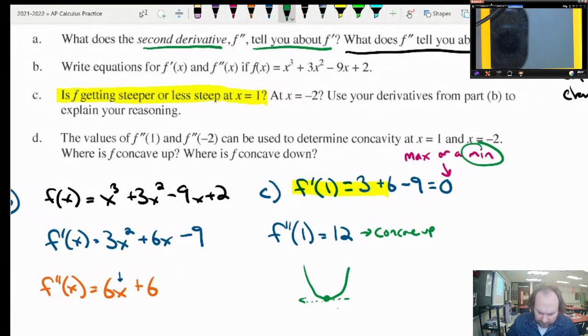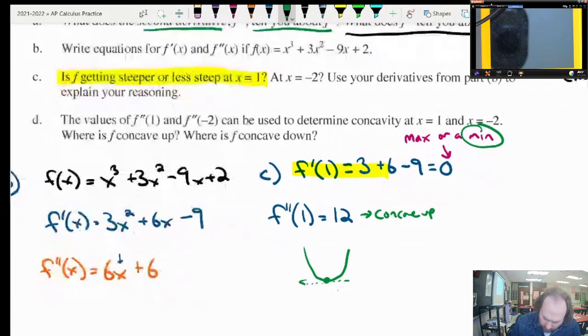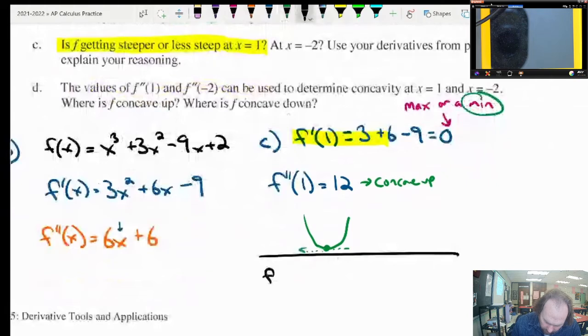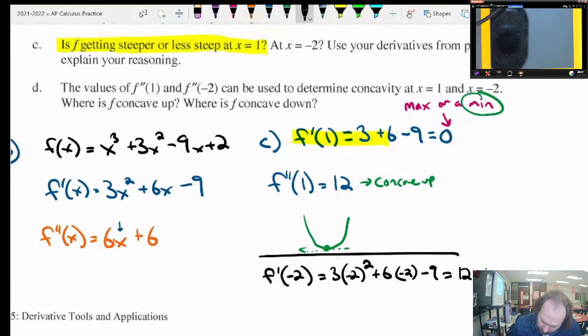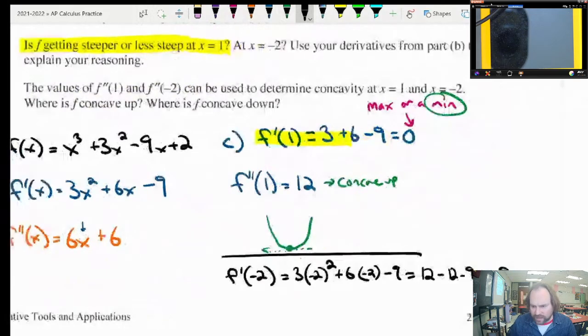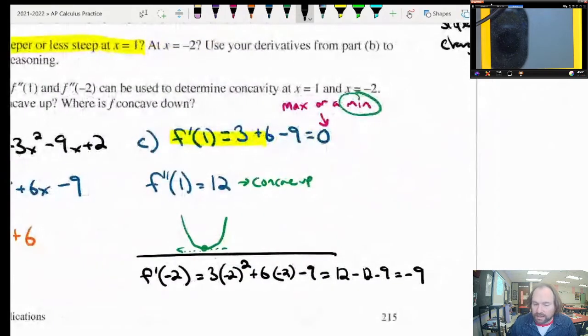Let's do the same kind of exercise with x equals negative 2. Kind of draw a line here. F prime of negative 2, sorry. This would be 3 times negative 2 squared plus 6 times negative 2 minus 9. That's going to shake out to be, let's see, 3 times 4 is 12, minus 12 minus 9, which is going to be a solid minus 9. Since this answer is negative, then the graph is getting, it's getting less steep, I think is how that works. Positive numbers would be getting,